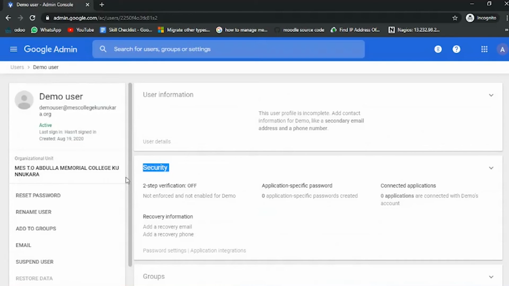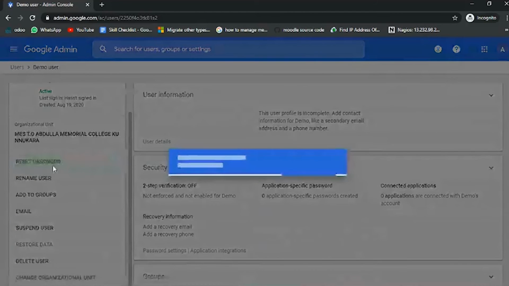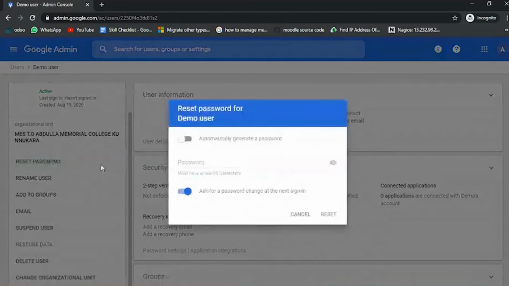Now if you want to reset the user's password, you can do it from here by clicking the reset password option. After clicking it, if you want to automatically generate a password, you can enable this option, or else you can set your own password by typing here, choose your options, and click the reset button.